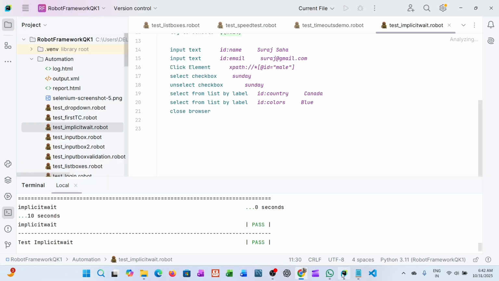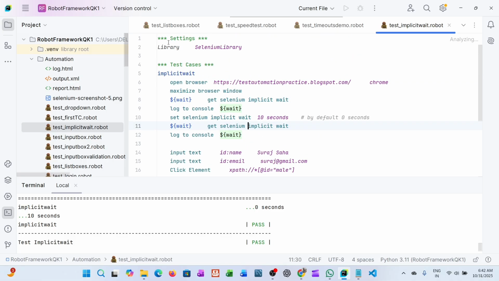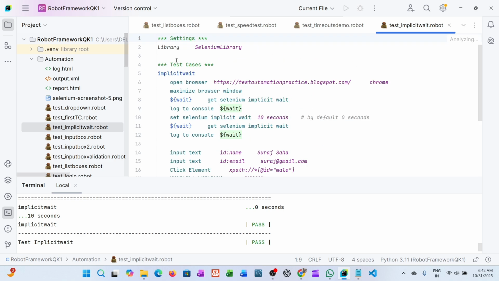So let's go to PyCharm and write this code. First of all, we need to import the library, in the settings section, the Selenium library. Our code consists of 4 sections: settings, variables, test cases, and keywords. In this test we are not going to use the variables and keywords sections, so we directly write the test case. We'll give the name as implicit wait, then use the command open browser, give the URL, and use Chrome. So our browser gets opened,